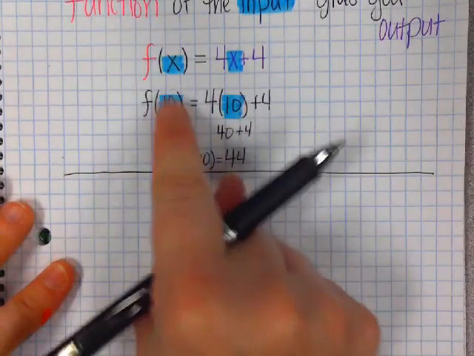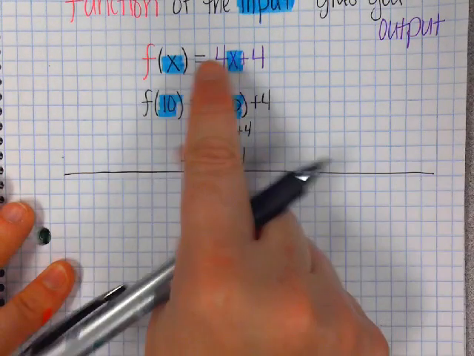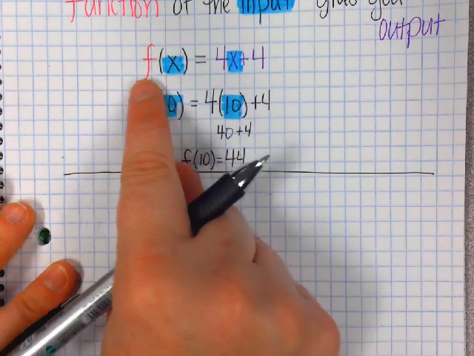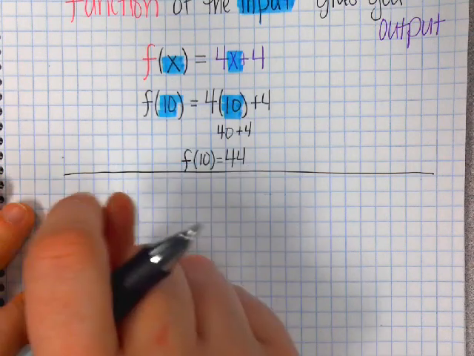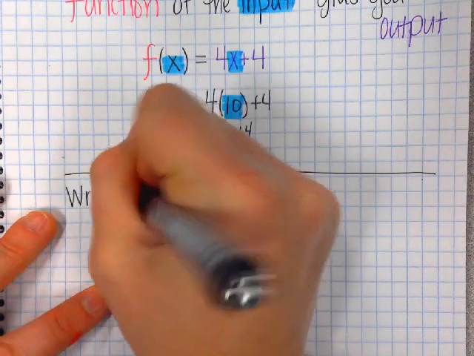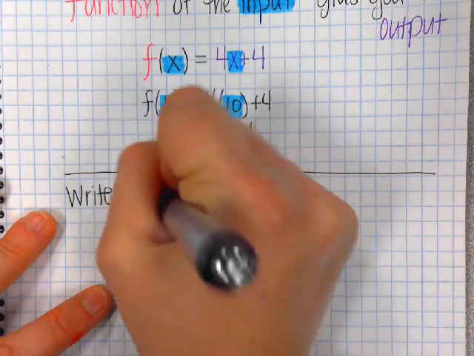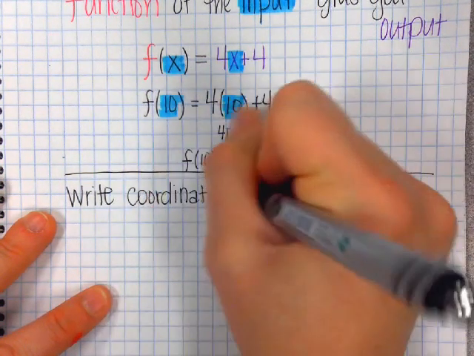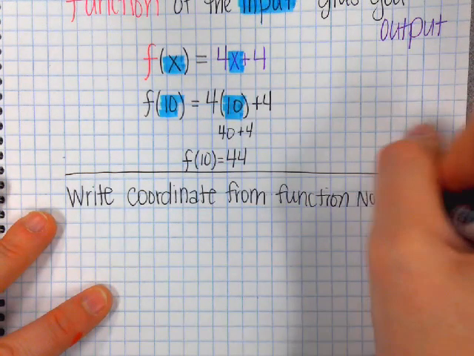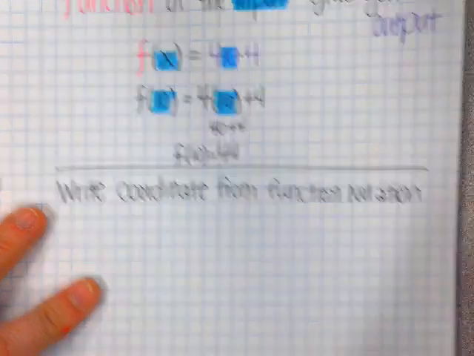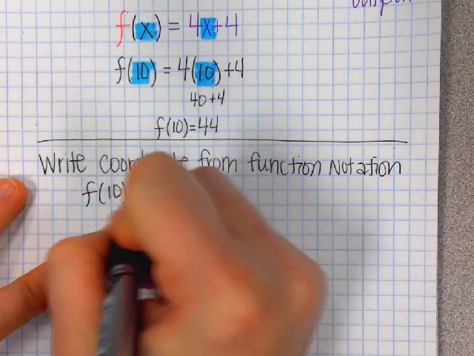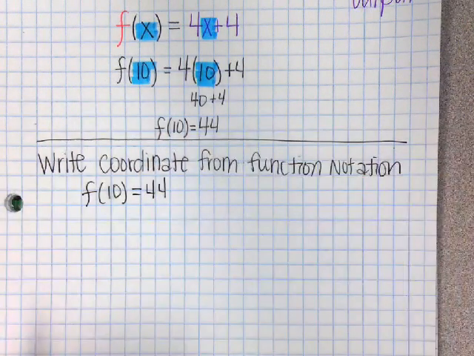Now, f of x equals 4x plus 4, or f of x, or function of x. So we always say f of x. That's how you read it. So when you write coordinates from function notation, if I said f of 10 equals 44,